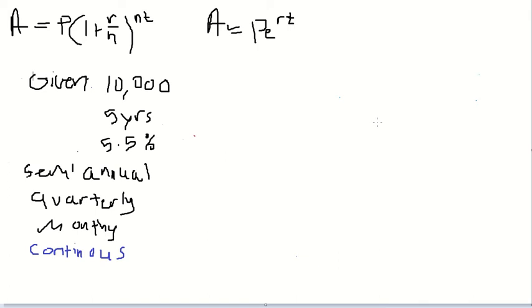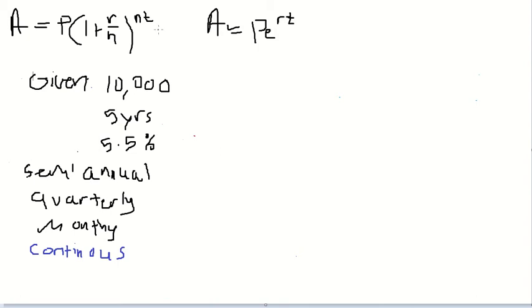In this video, we're going to learn how to use the compound interest formulas. There's two of them, and so we're going to use both, and I'll show you how. So we have some future amount A, and we have the principal P, 1 plus R is the interest in decimal form, over N is the compounding frequency, raised to that same compounding frequency times the time, which is in